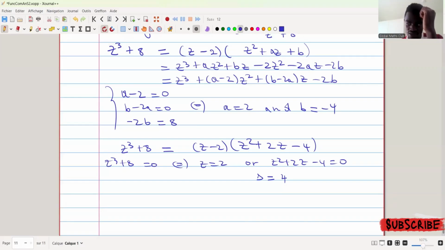I hope everything is clear. What I did is clear. Oh, it's plus here. It is plus here because the root is minus 2. The root is minus 2. So to have minus 2 as root, you have to put plus 2 here. So to modify this,